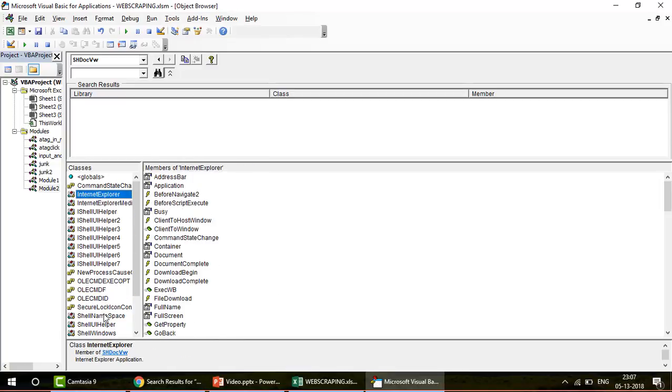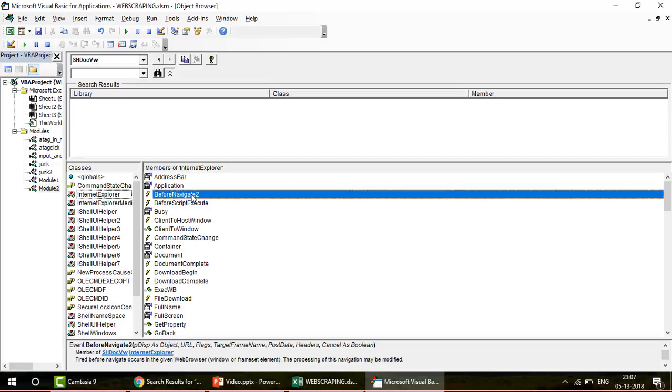Yeah, that's the one, right? So Internet Explorer, we're going to use this. It's a class which has members further. As I said, that class is basically a blueprint of the object. Every object has a specific class and it's defined there. When we say define, it means that these are all the members which you can use when you